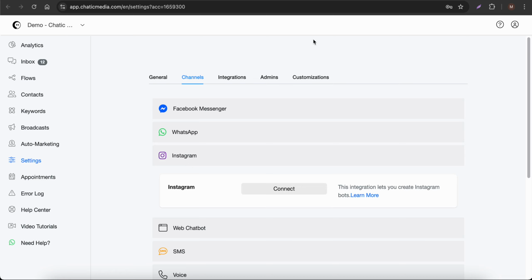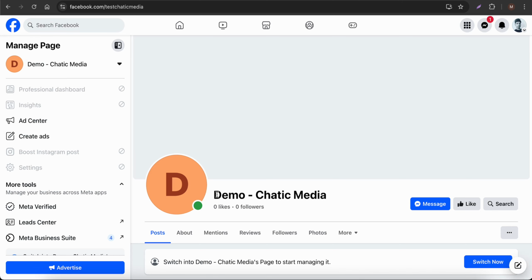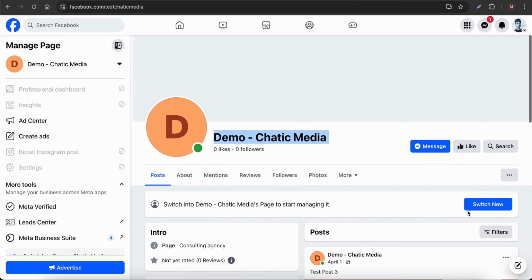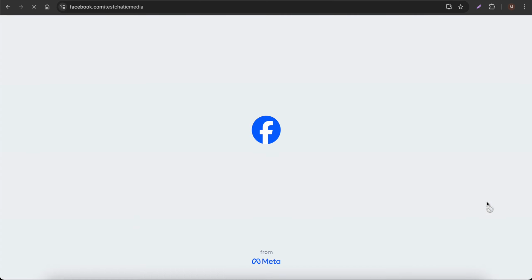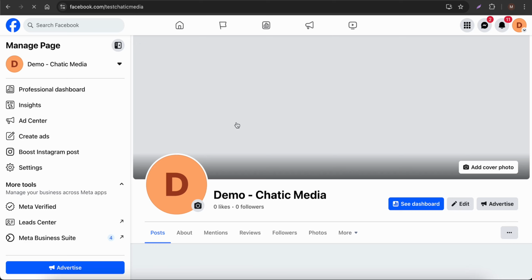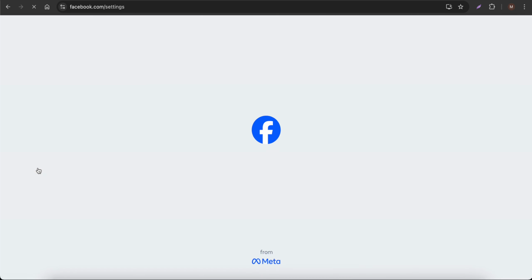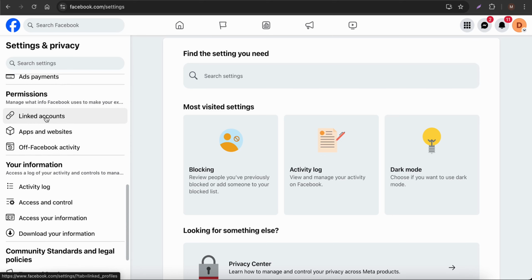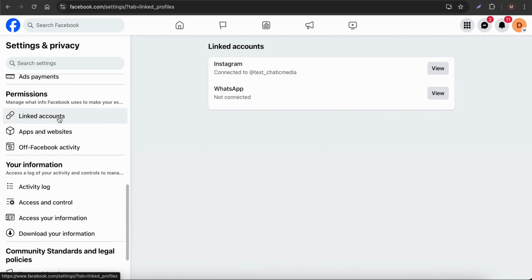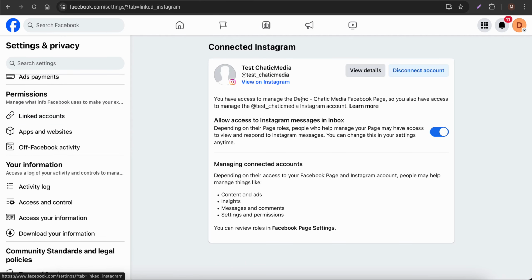Instagram account. So here we have a demo Facebook page account over here, and let me click on switch now over here and show you how to connect your Instagram account with a Facebook page. So let me show that right here. You have to actually go to the Facebook page settings over here. So click on settings, and in settings you have to scroll down and locate the linked accounts over here. So let me click on linked accounts, and here you can go to the Instagram and connect your Instagram account